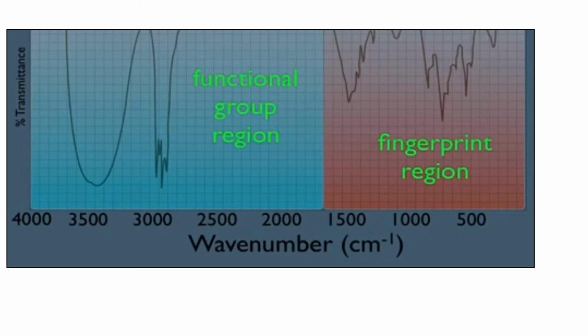This is the functional group region. You can find out the functional group, and for example there is C triple bond N. This is seen only between 2200 and 2400. So a band for this functional group is seen only in this region. That is how it is named the functional group region. You can trace all the functional groups. In the fingerprint region, each and every bond is a fingerprint. That particular bond is there, that is a fingerprint of that particular molecule.